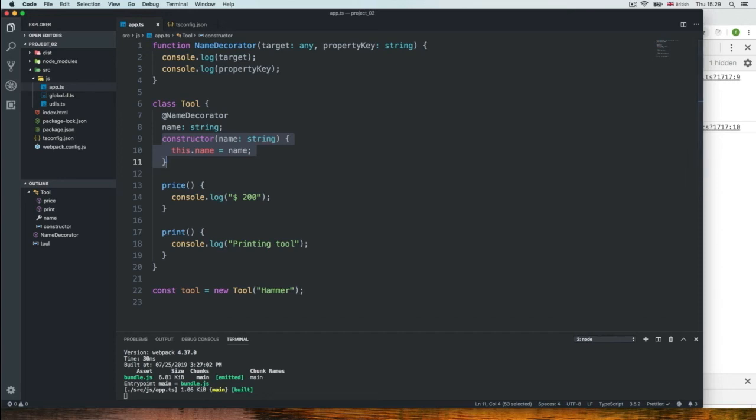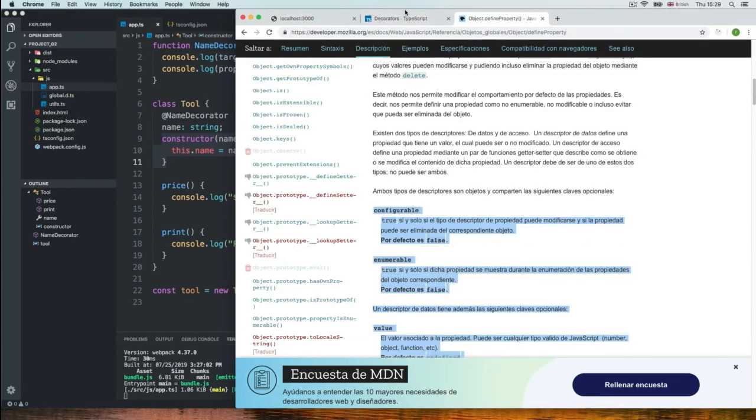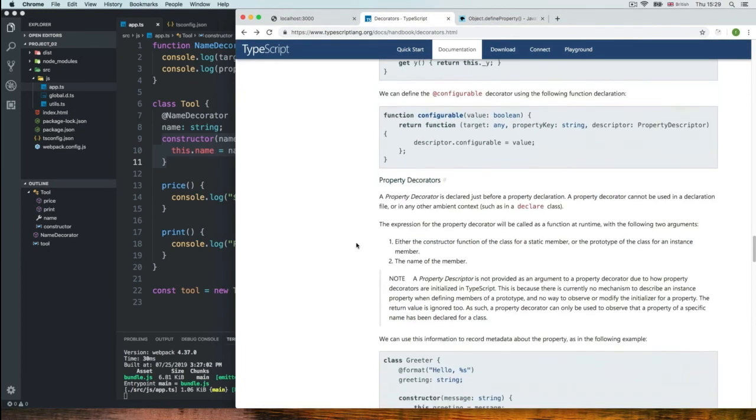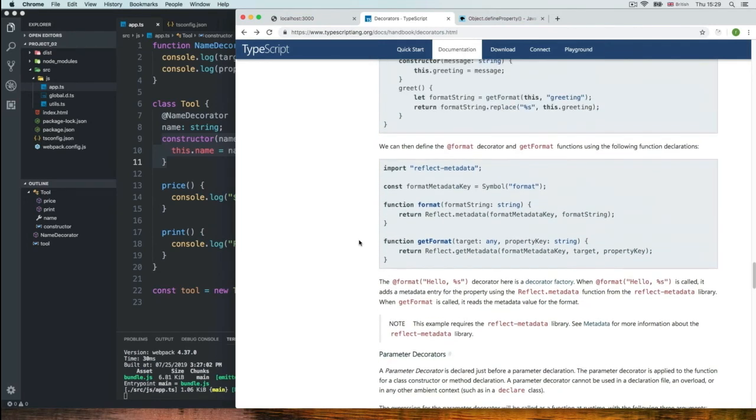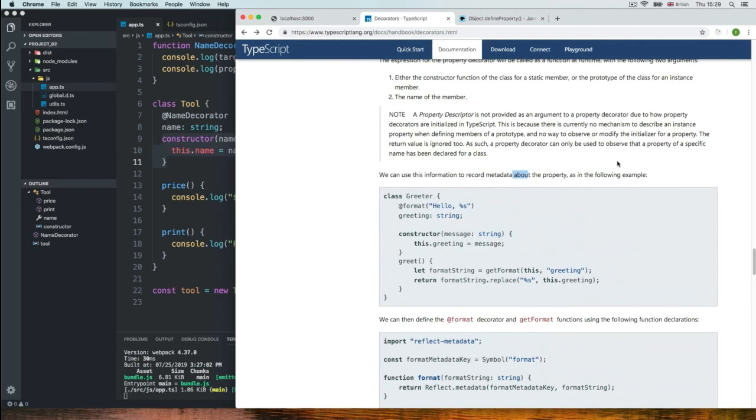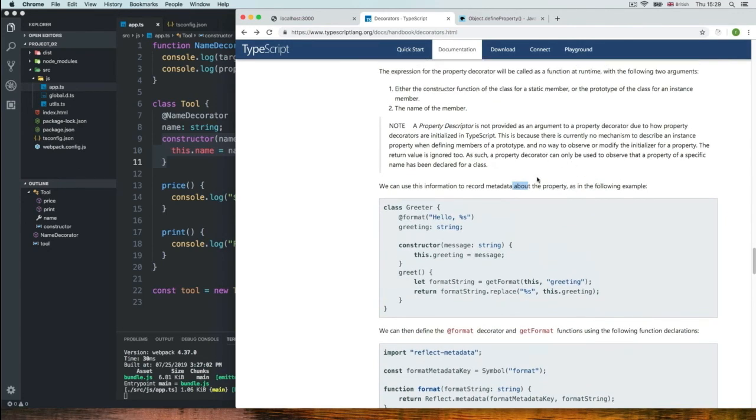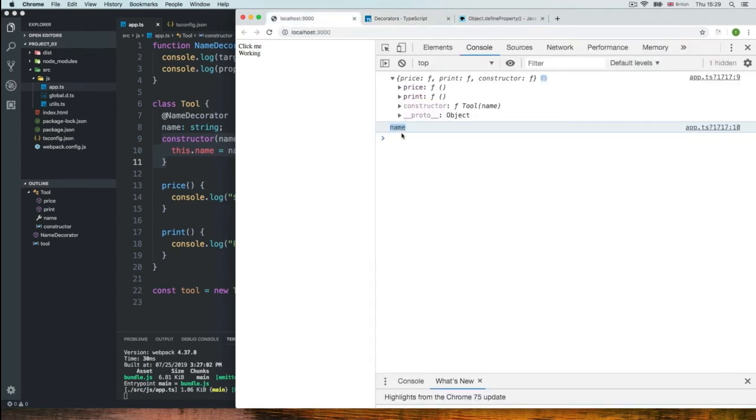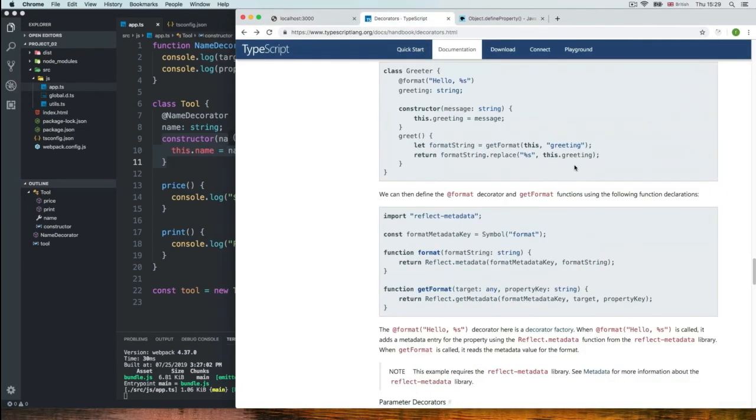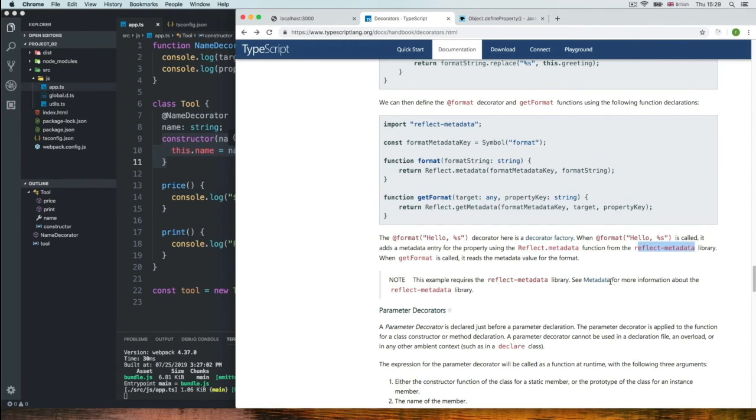And all this, of course, is in the docs. So if we go to the docs and to property decorators, there's something right here that they say. Oh, here. Under property decorators, it says, as such, a property decorator can only be used to observe that a property of a specific name has been declared for a class. So again, in simple words, you can just see the name of the key and the prototype. That's it. That's the only thing you can do. And in addition, they give you this reflect metadata, so you can do a few more things, but that's